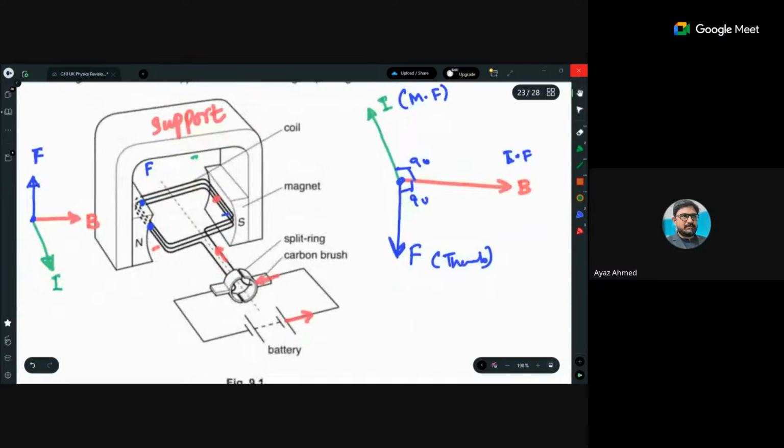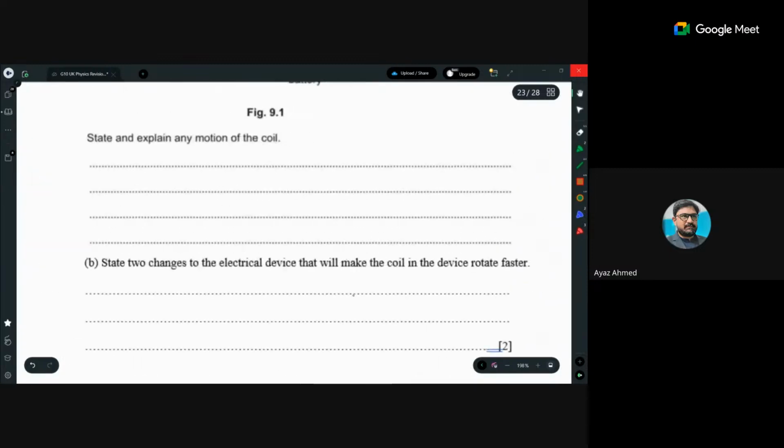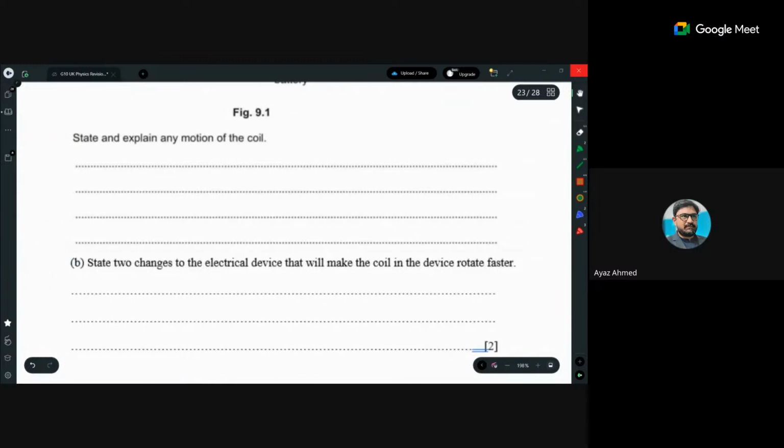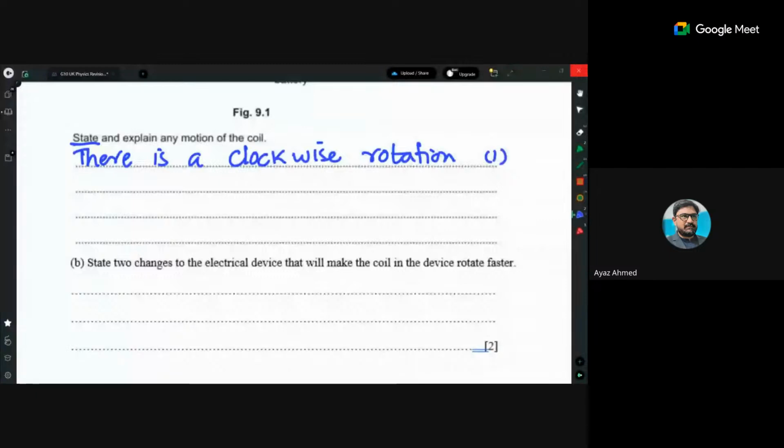The rotation is basically clockwise, है ना? Yes, sir. So you will state that there is a clockwise rotation, motion नहीं, clockwise rotation. ठीक है? पहली बात. So you will secure 1 mark here. Then the remaining 2 marks will be awarded to you when you write that due to